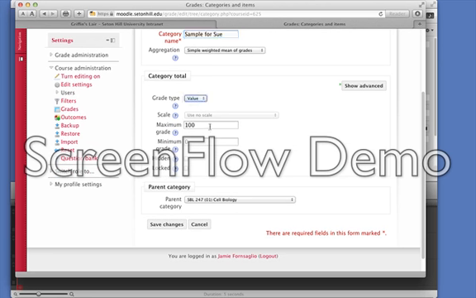Grade type, I always do value. I never change the settings here, so I can't really walk you through them. You can hit the question mark if you need help with those. But maximum grade: usually you grade from 100%. There's one assignment I have with a rubric, it's 4, 3, 2, 1, and I change that to 4 as the maximal grade, but everything else is 100%. If I give them points, like a class activity that's 20 points, the maximum would be 20. Yeah, so we could change this to 20.